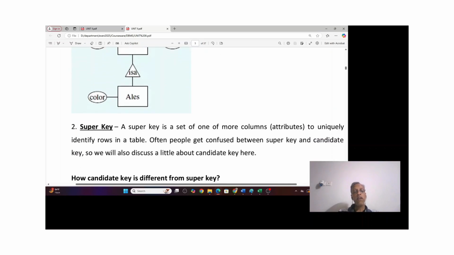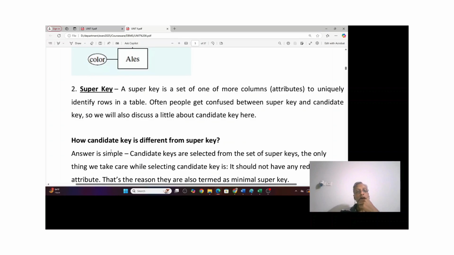Super key. Additionally, we have to see about super key. A super key is a set of one or more column attributes to uniquely identify rows in a table. Often people get confused between super key and candidate key. So we will also discuss a little about candidate key here. How is candidate key different from super key? Answer is simple. Candidate keys are selected from the set of super keys. The only thing we take care while